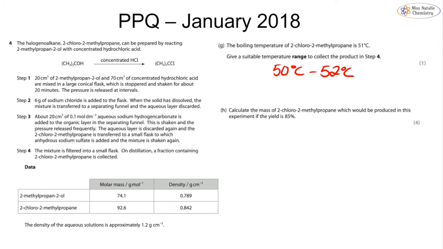And then part H, a 4-mark question on calculating the mass of 2-chloro-2-methylpropane that is produced if the yield is 85%. Well, the first thing that we need to figure out is the mass of the alcohol that we use. So we're going to need the fact that we use 20 centimetres cubed of it, and we're also going to need to use the density. The density is in grams per centimetre cubed. So if I want to work out how many grams I have, I do my density, which is 0.789, and I multiply it by my volume that I used, which is 20, which gives me